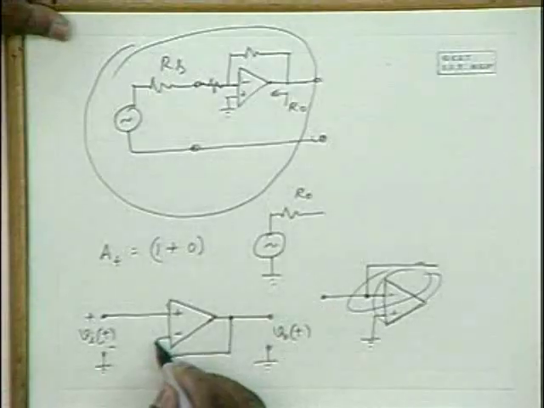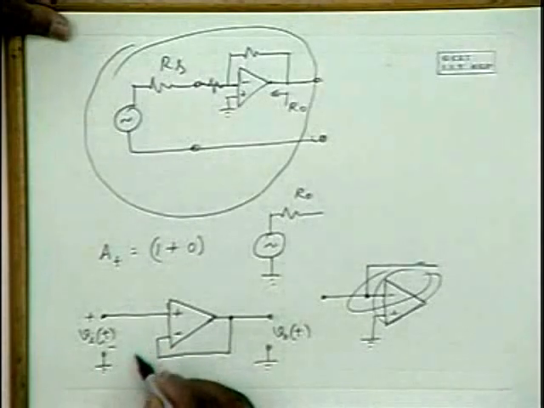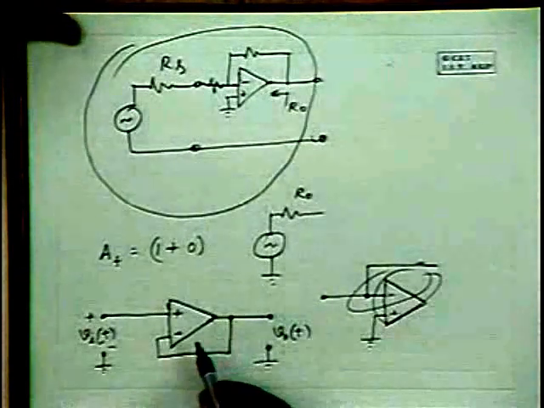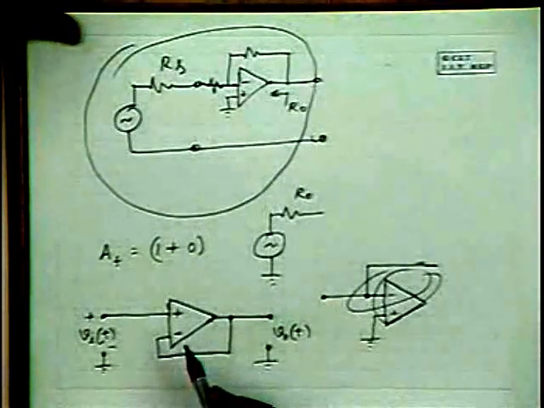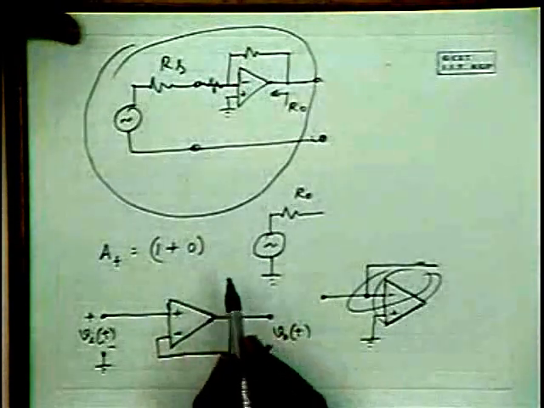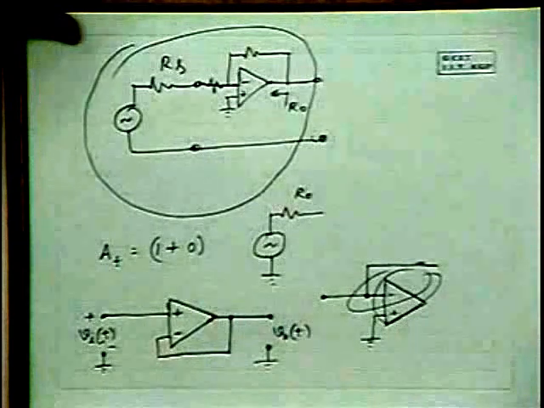Yes, please, there is a question. The amplification is 1 plus RF by R. Right. So RF is 0 and R is 0. So how do we get R is infinite? R is the resistance connected between this place and the ground. R is infinity and RF is 0. Hence it is 1 plus 0 by infinity, and it's equal to 1 itself.